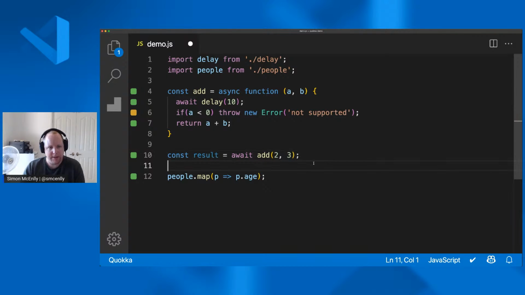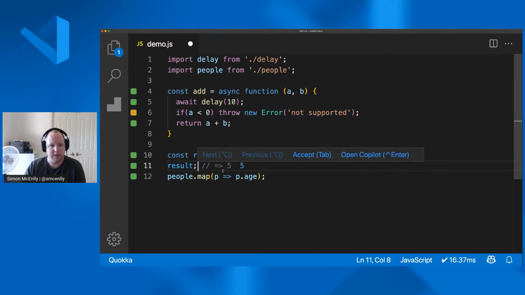There's another way that you can see the runtime value of a variable, and that is simply by typing the variable name. If you type the variable name by itself, using an identifier expression, Quokka will log that value. You'll see the value 5 being logged here. And this highlighting that you see here is actually coming from Copilot, just a suggestion from Copilot. So the value 5 is logged simply by typing the variable name.